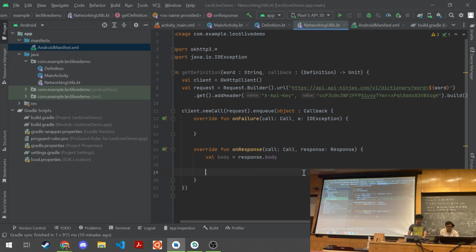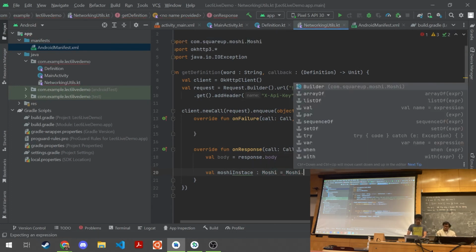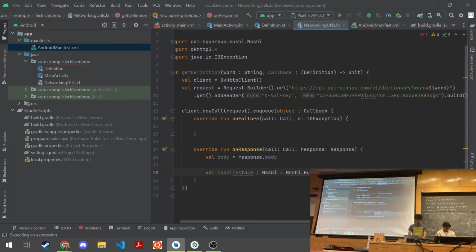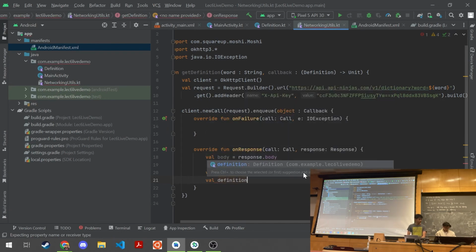So in order to do this, we first have to make a Moshi instance. And this is of type Moshi. And I'll say Moshi.Builder().build(). Just kind of syntax you have to write. It doesn't really mean anything. And next we have to make our adapter. So I'll call this a definitionAdapter since it'll take in a JSON, turn it into a definition.